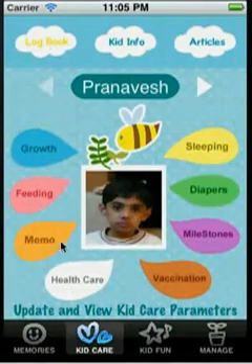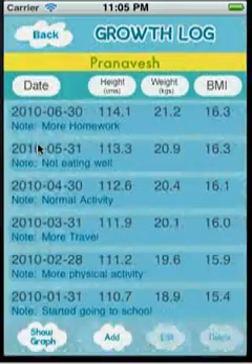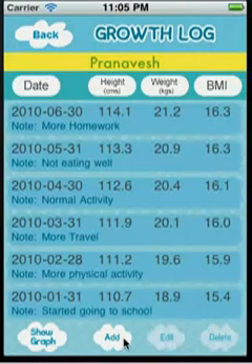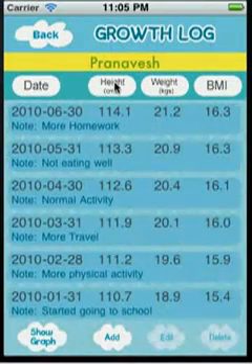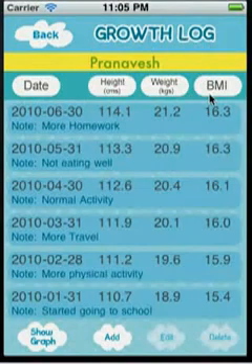So let's look at the different logbooks that we have here. The first is the growth. This is to add the height and weight of a kid. These are the 2 parameters that we can keep track of, with the date of the visit to the doctor or the date it was measured. So we saved it, and the 2 parameters, height and weight, if we are given, the BMI is automatically calculated.